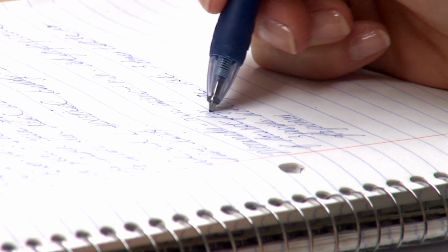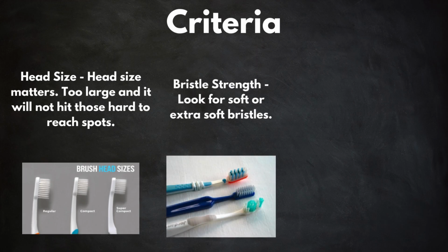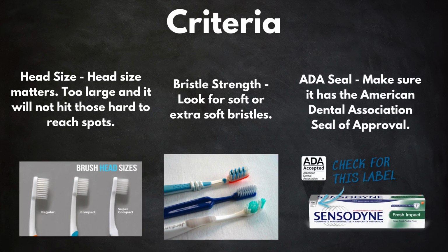Before we get into the different kinds of toothbrushes, let's go over some criteria. The head size of the toothbrush matters. If it's too large, it will not hit those hard to reach spots. Bristle strength, look for soft or extra soft bristles. A lot of people put too much pressure on the toothbrush when brushing, which can break away at the tooth enamel. ADA seal, make sure it has the American Dental Association seal of approval to make sure it went through